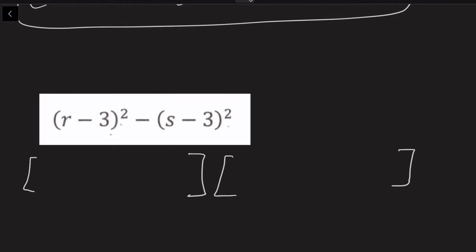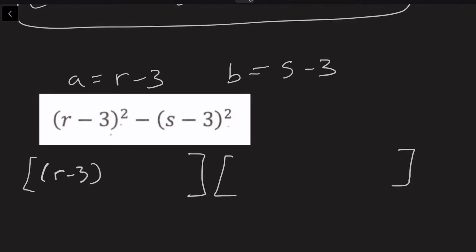So now we have our a is going to be r minus 3, and our b is going to be s minus 3. So what I'm going to do is r minus 3 plus s minus 3. And then in our second bracket, we're going to have r minus 3